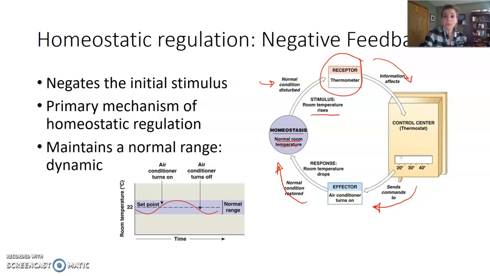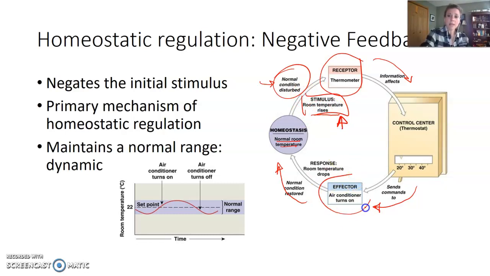And when that is reached again, then the effector, or the air conditioner, will turn off, and it will remain off until the condition is disturbed again. And it just continues going on in a loop. And so this is an example of a negative feedback loop, because our initial stimulus was an increase in room